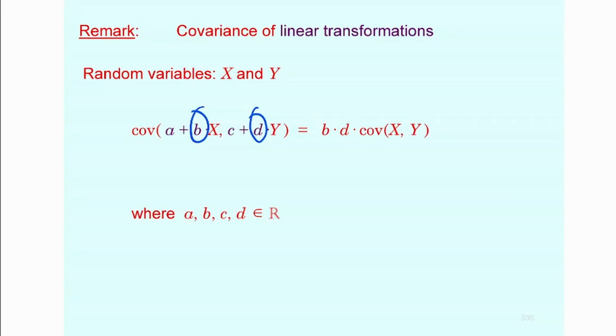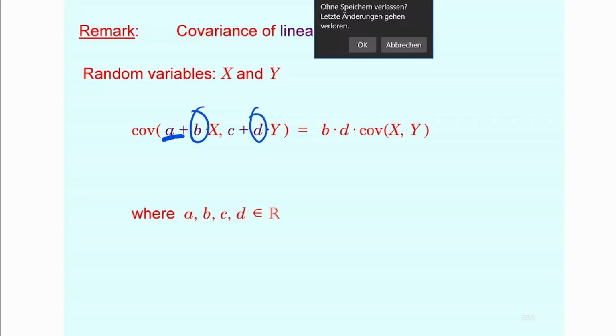Regarding additive constants, when you look at distances of random variables to their means, or realizations to their means, and you increase them by a, you'll find, for example for x, that the mean is also increased by a. So the distance between the new realization and the new mean will be the same. That's the reason why the covariance does not depend on these additive constants, because the covariance is the expectation of the product of the distances between each random variable and its respective mean. If you increase the random variables by a constant, then the distance between the new realizations and the new mean will not change. That should be clear.